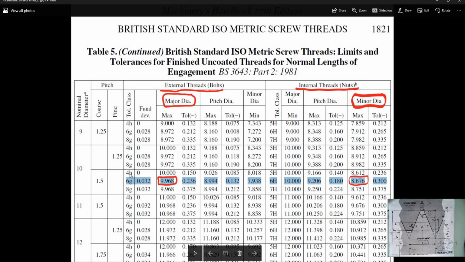Here I have 4H and 5H. This is the first classification. This classification is used in industries, most in automotive and aerospace industries, where they need fine measurements and high accuracy. The second classification is a 6G with a 6H. This classification is the standard one, a normal one,